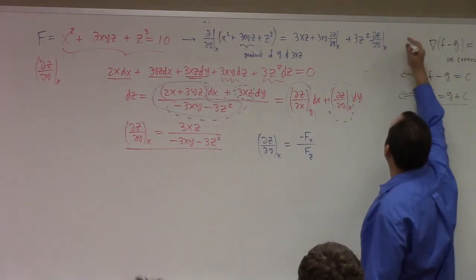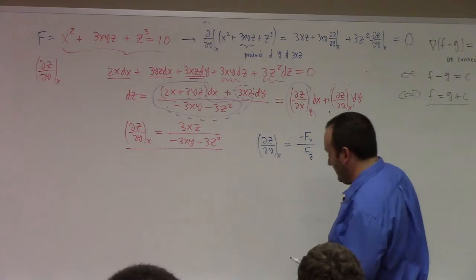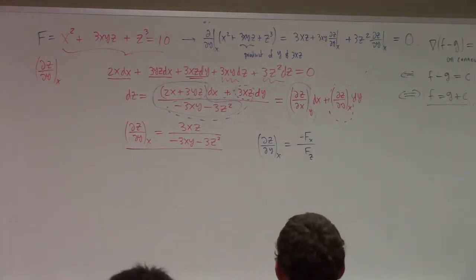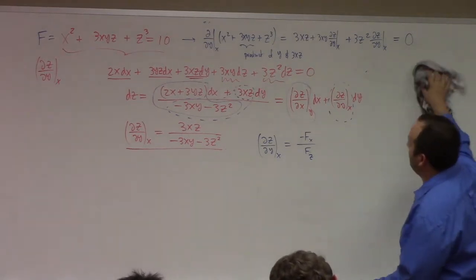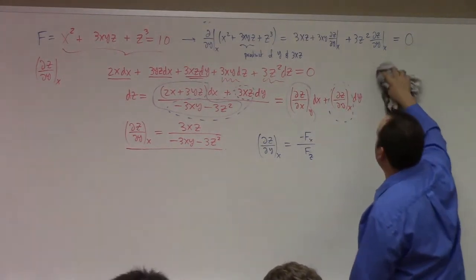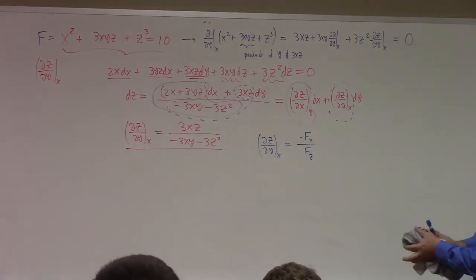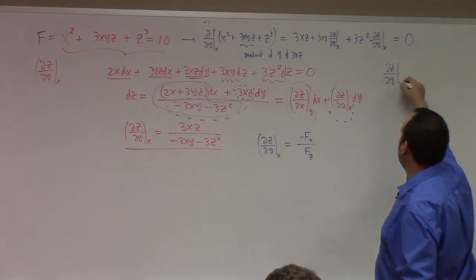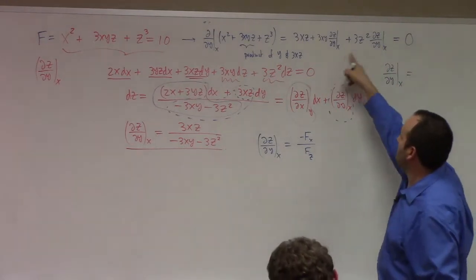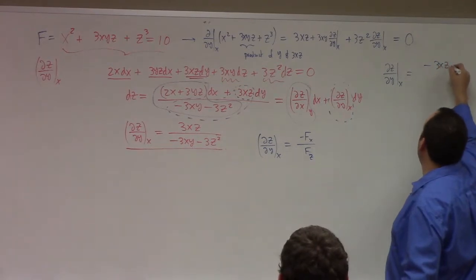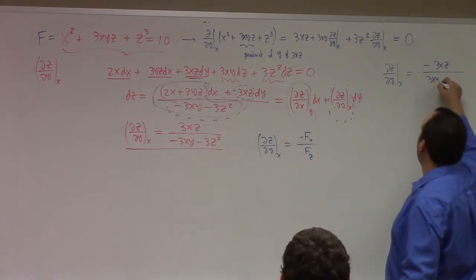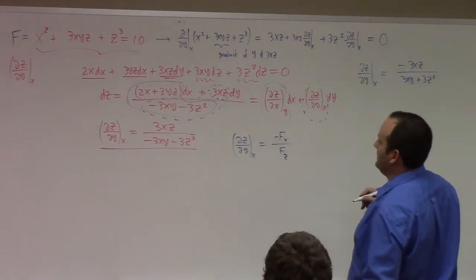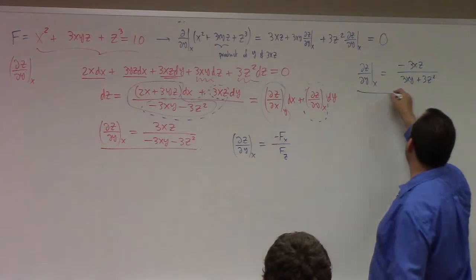And all of that's equal to what? 0, right? So what's that tell me? Partial z, partial y holding x fixed is equal to what? You solve for this. You get minus 3xz divided by 3xy plus 3z squared. I think I dropped, no, I didn't. Oh yeah, what do you know? Just have the negative in the